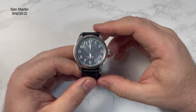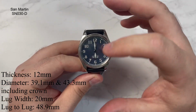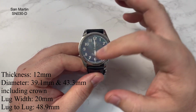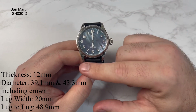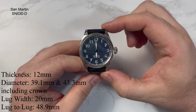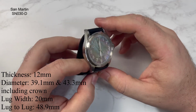But yeah, the spec, other parts of the watch, the case thickness of this watch is 12mm. The case diameter, when you measure from the 8 to the 2, it was coming in at 39.1mm. When you include the crown, you go from 9 to the 3, it comes in at 43.3mm. The lug width is 20, and the lug to lug tip to tip is 48.9mm. So some really good specs there in terms of how it's going to fit on the wrist and hug your